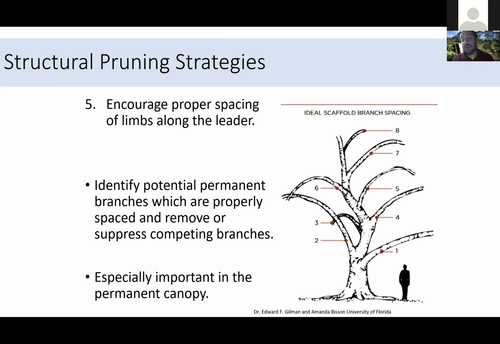They develop a collar. But here's a question for you to think about for a second. Do we care about the absolute size of those permanent branches? Meaning, do we care if the permanent branches get larger than 4 inches in diameter?